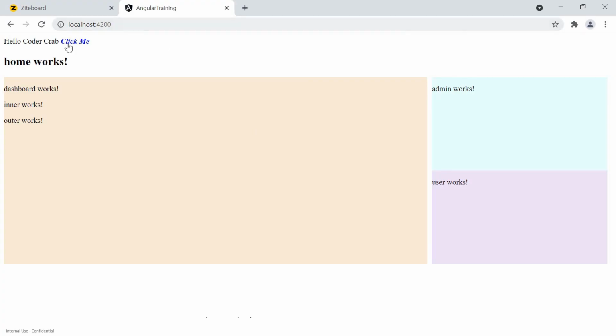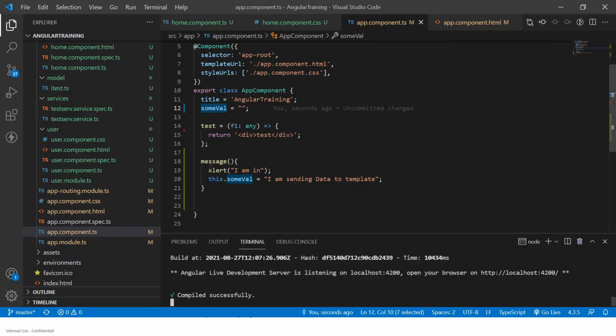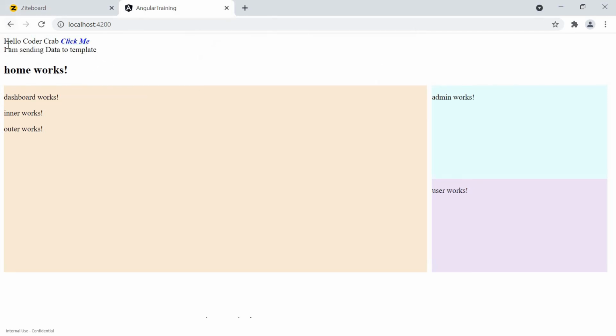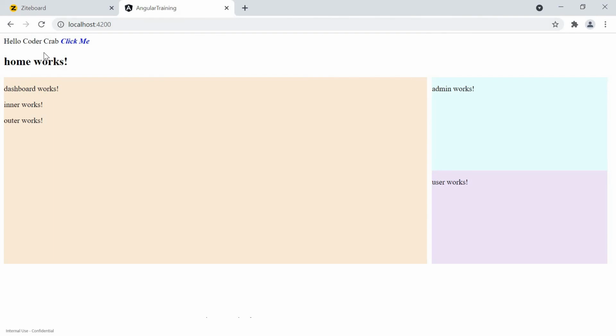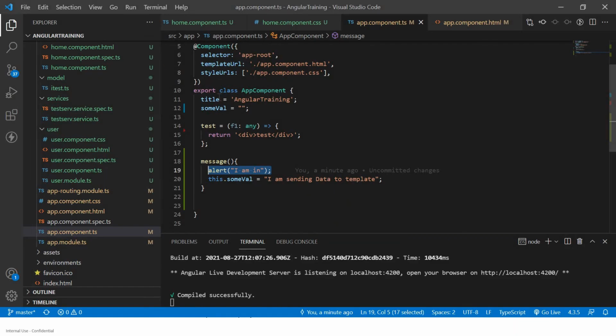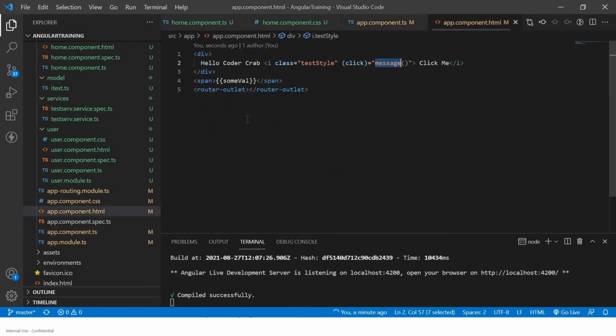Okay, so now if I click on click me, this is coming to there. Okay, and it is alerting this one, and then what will happen? You can see this came, right? I can show you one more time. It is not there, nothing is there. If I click it, I'm sending data to the template. So this data was null initially, so this data is having some value, and that value is getting populated here.